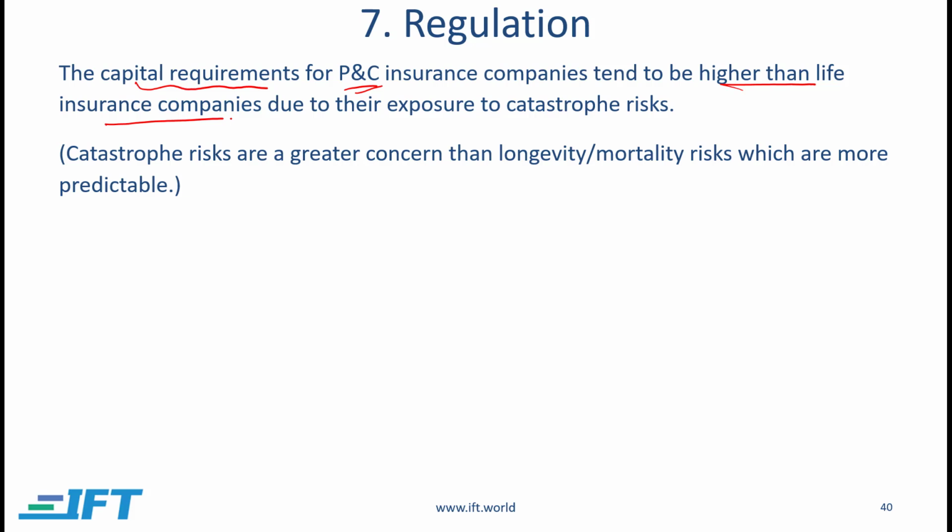They are very good in terms of their accuracy, because we have such a large sample size and we have this huge history of data, and we can, with a very high degree of surety, try and predict these mortality and longevity situations. But with property and casualty, the problem is that there is a lot of exposure to catastrophe risks, like earthquakes